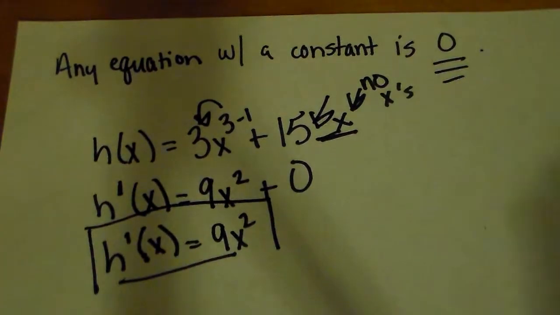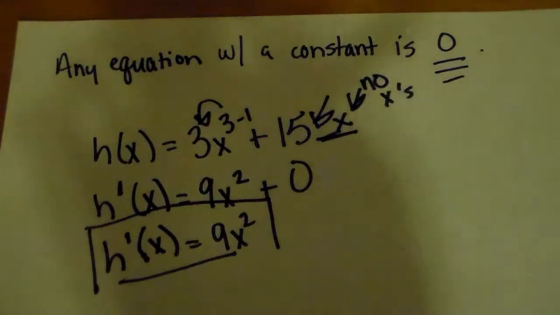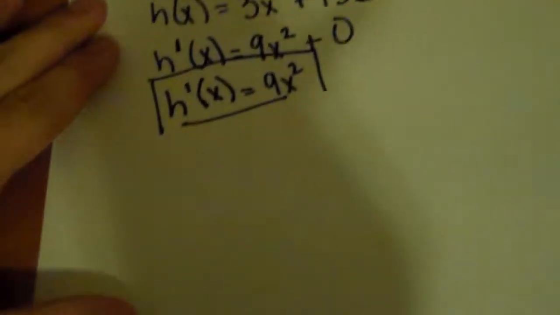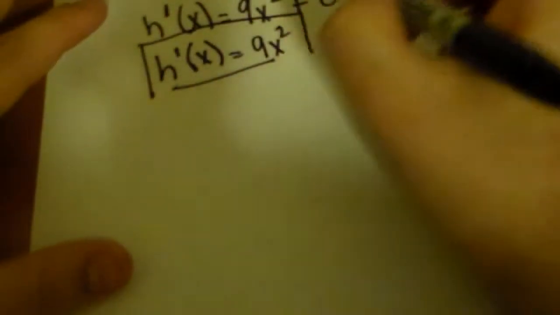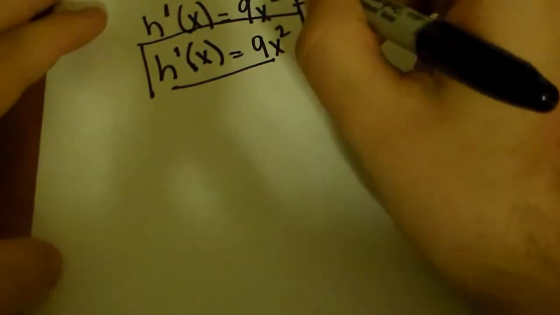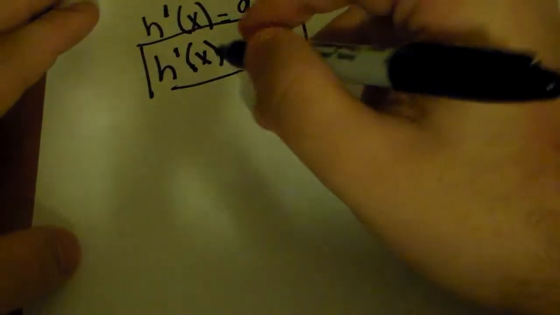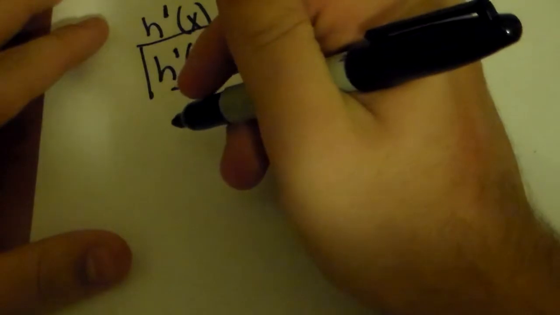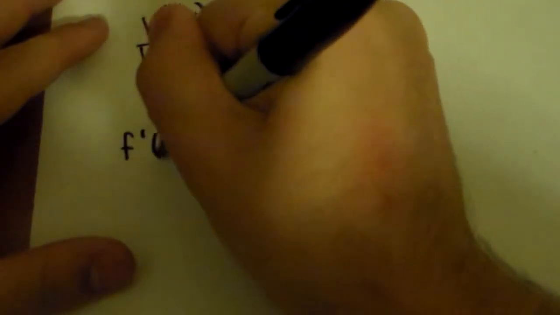Now let's talk about e to the x. Actually, that was just the regular power rule. We're going to go into the product rule now. The product rule is, f prime of x equals